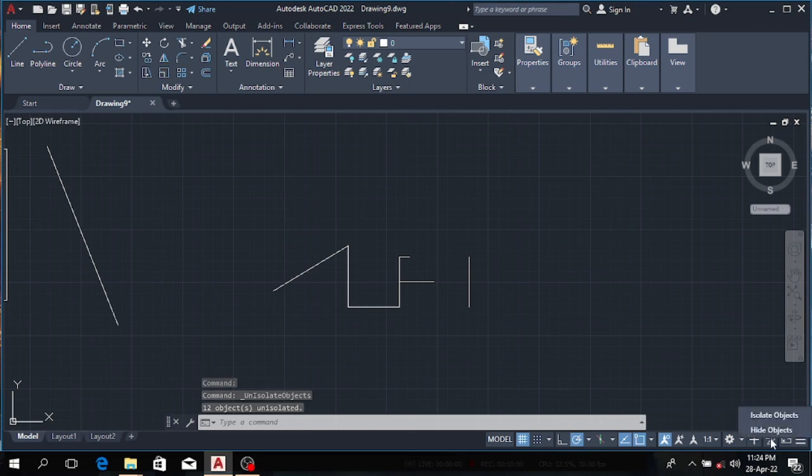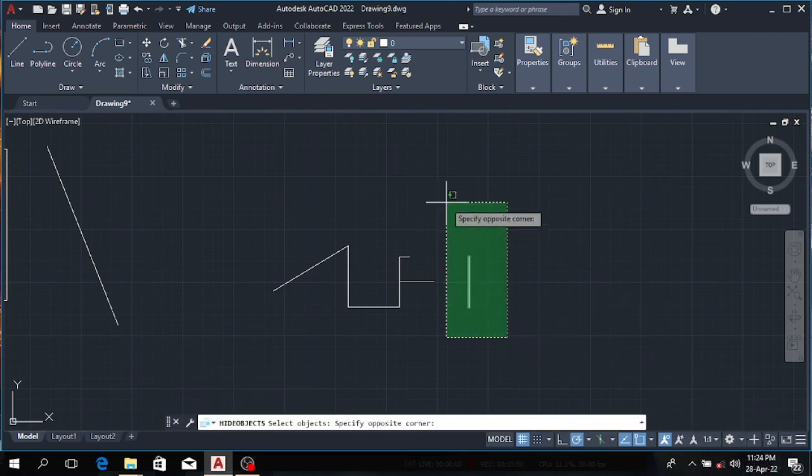Same to hide object. Hide object is opposite to isolate object. So if I get this select